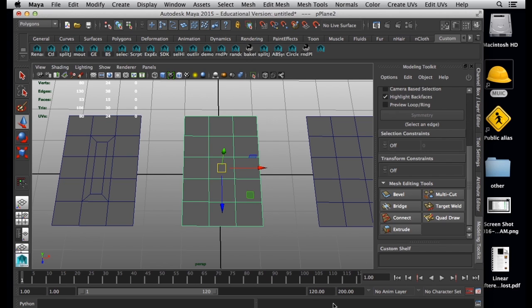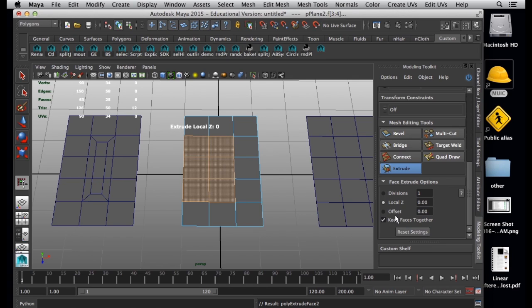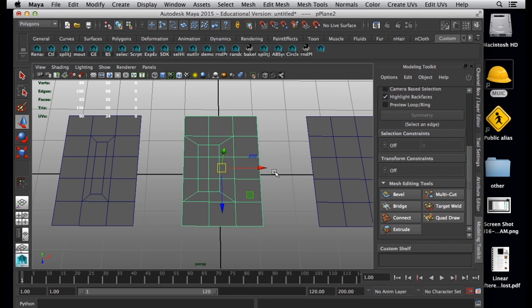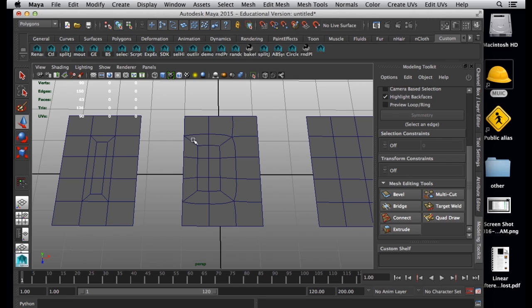Now I'm going to turn the 2 polygon columns, these 2 columns, just going to select these ones, and basically it's exactly the same thing. Extrude and bring it in. You can go in here, offset. I didn't need to redo it, just for you guys. And I'm going to use the scale tool to kind of bring it in a little bit more. Alright, and I press enter. Maybe let's move it to object mode, press 3, and you'll see here now we have another layer, taking these 2 lines and adding in